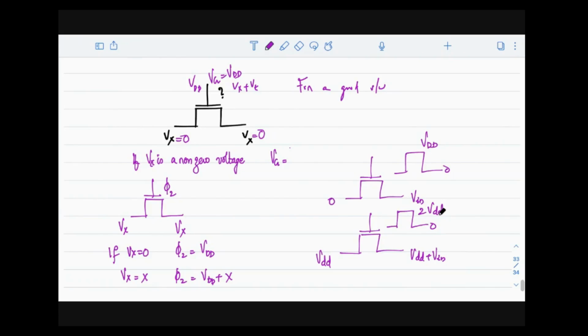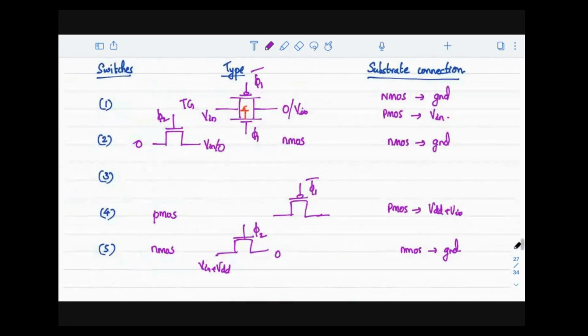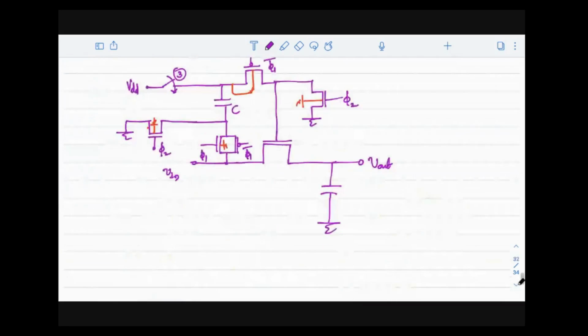So how we are finalizing the switch here: if I go back to switch number 3, the appropriate choice is again an NMOS switch, but the gate voltage should be connected to 2 VDD. Instead of writing it that way, what I will write is, this should be phi 2 plus VDD. Right. Your phi 2 should be raised by 1 VDD level so that it can suitably pass the voltage. Is the discussion we made with respect to switch number 3 clear or not?